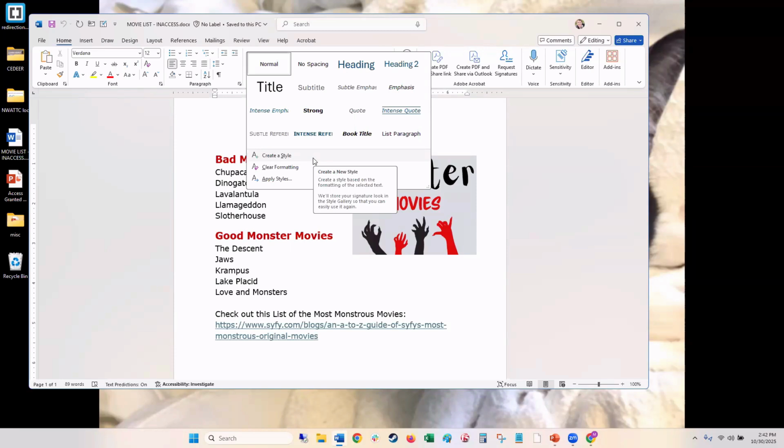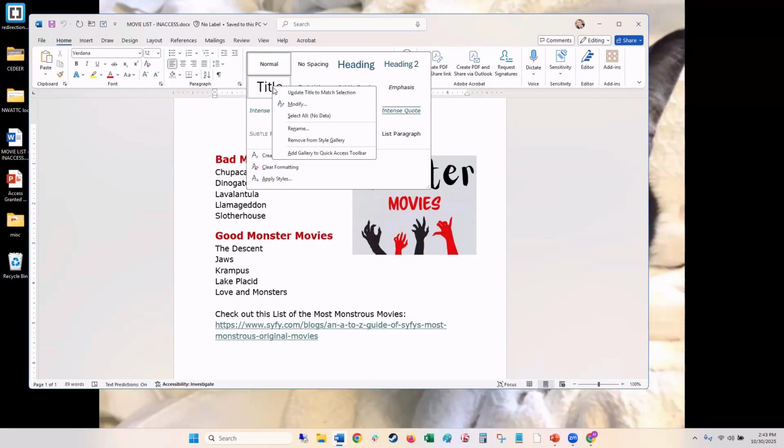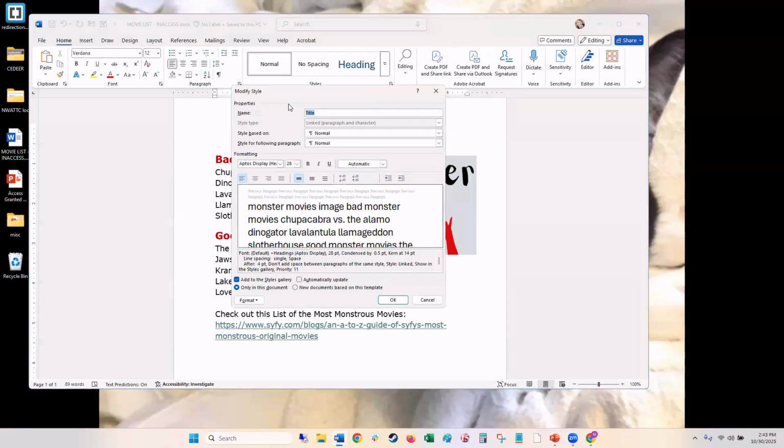Now, there are two approaches to setting styles up. One is if you know exactly what formatting you want to use for your major styles before you begin, which is especially handy if you're setting up a template for others to use. You can just hover over the relevant style, like title here, right-click on it to see some options, select Modify,